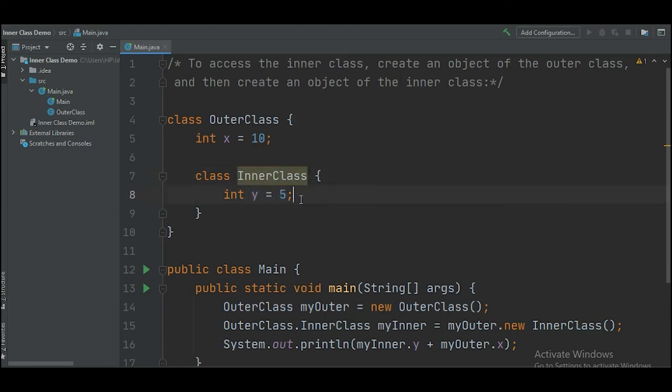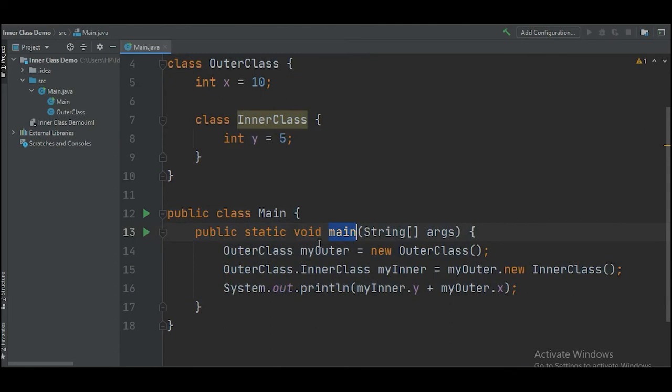y equals 5. Now when we talk about objects, we have to create the objects for our outer and inner classes. So we know how to create the object of the outer class: just say the name of the class, then write any name for your object, equals the new keyword and the name of your class. But when we talk about how to create the object of the inner class, we have to write the name of our outer class, using the dot operator, then the name of our inner class. Then we give a name to the object for our inner class, equals the name we gave to our outer object, dot new, and then again the name of your inner class. And this is how you create the object of your inner class.